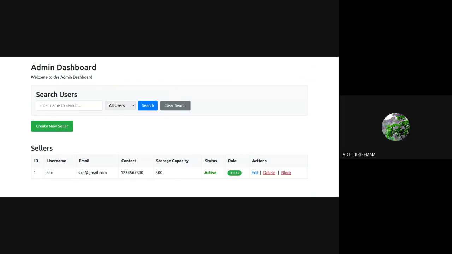If you type the URL in the viva, you will get fewer marks, because that is not the correct way. Yesterday I saw many of you doing it, so I am telling it explicitly today as well. So you can see I have created one user, Shri. Let me create one more so that you can understand the difference.